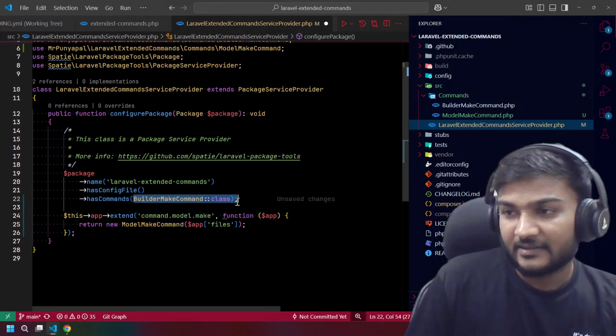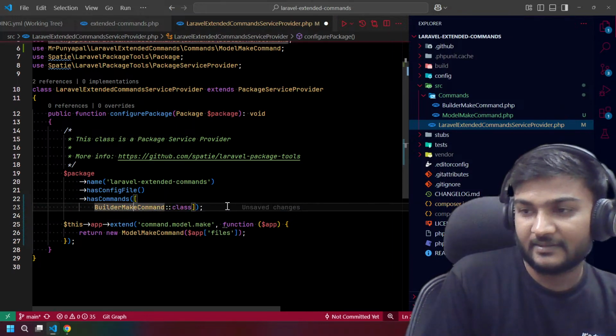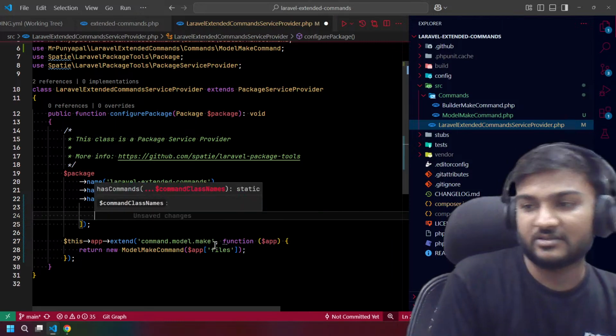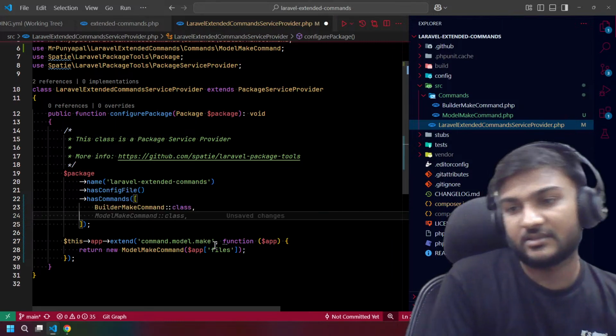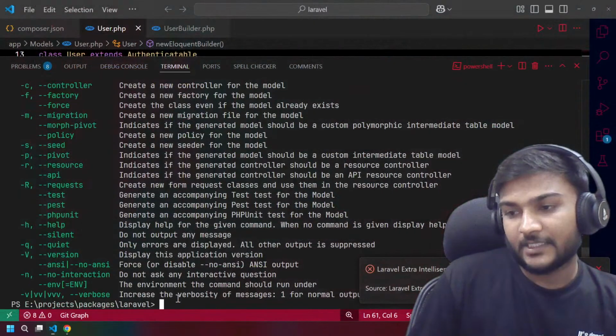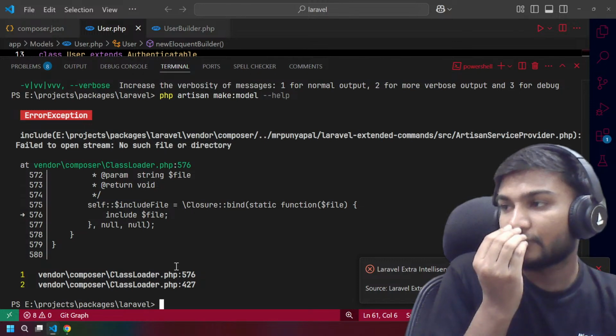Yeah, it is. We can do this. I think we totally missed this. That can be also a reason. Oh my gosh. Yeah, make model command. Now it is failing.